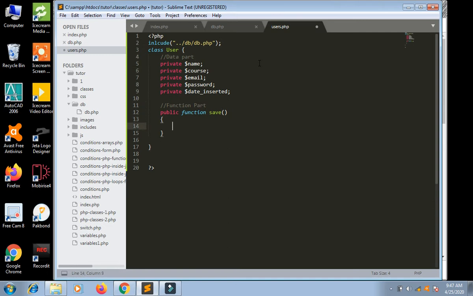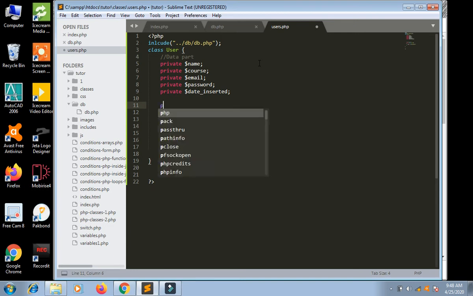Now we create $db is equal to new db, and what will we pass? We will pass localhost. Again, we should have a connect function.